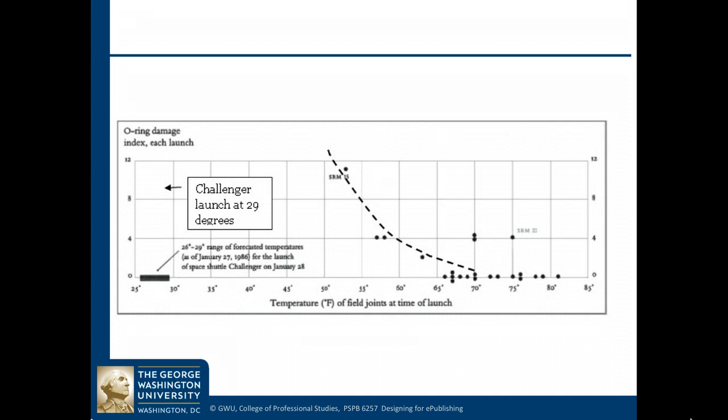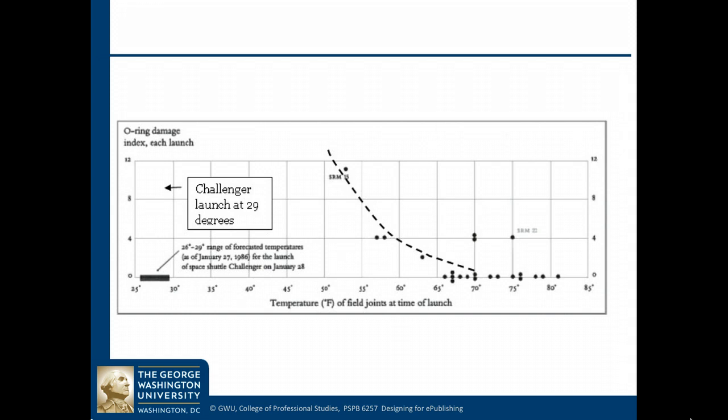Now, the temperatures, they had launched down to temperatures of 50 degrees, and they saw a high propensity of O-ring failures at 50 degrees and at 55 degrees, and it went down as the temperature went up. Okay, so what you see is as the temperature goes down, there is an increased percentage or an increased propensity for